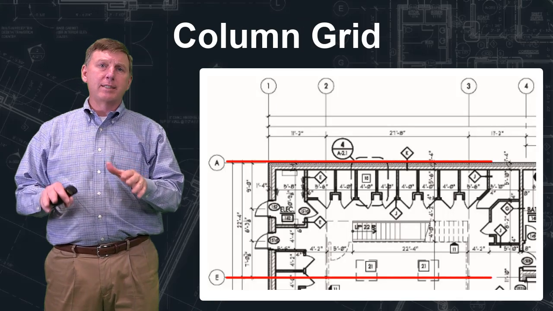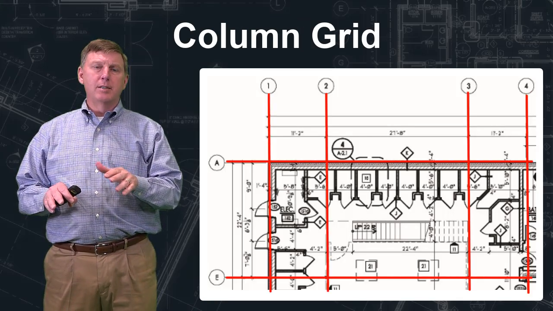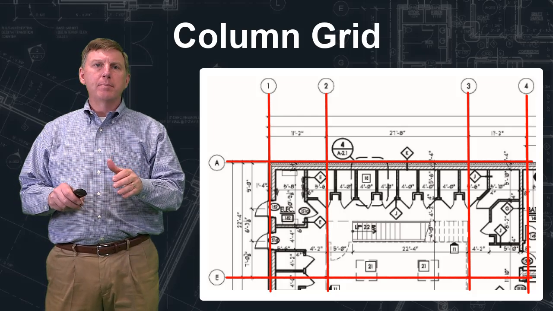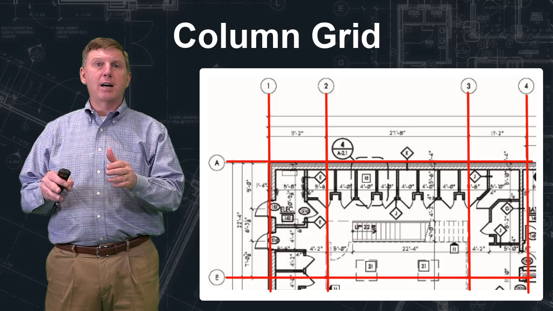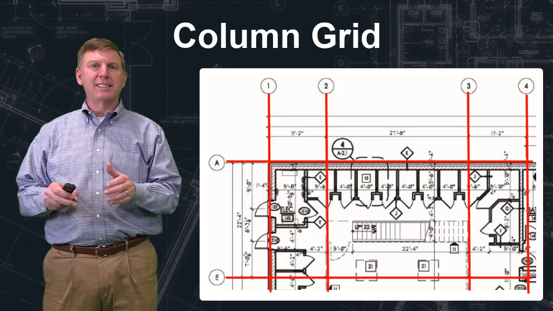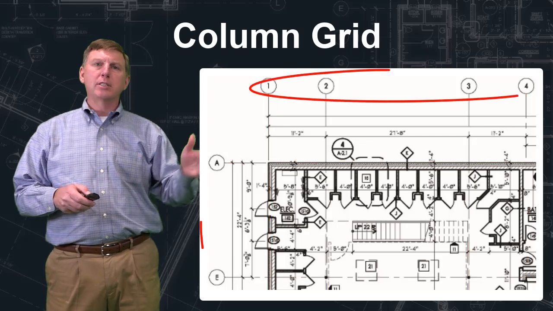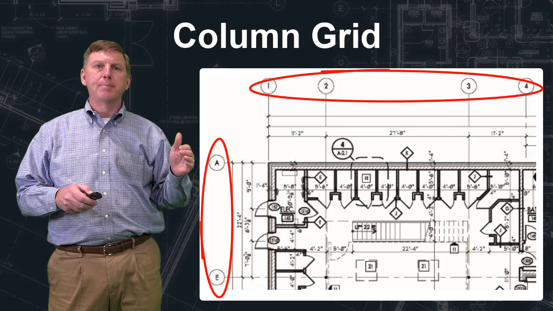Column grids are fairly common on commercial drawings. You rarely see them on residential drawings. But when you do have them, they're great for locating the columns, but they're also really good for referencing and orientation. The way the column grids work is that they're usually on the outside of the building on the plan,